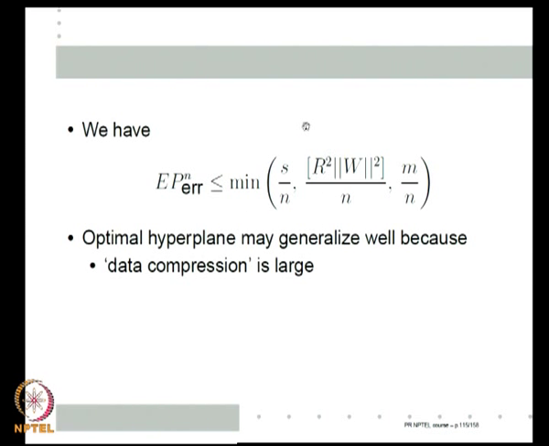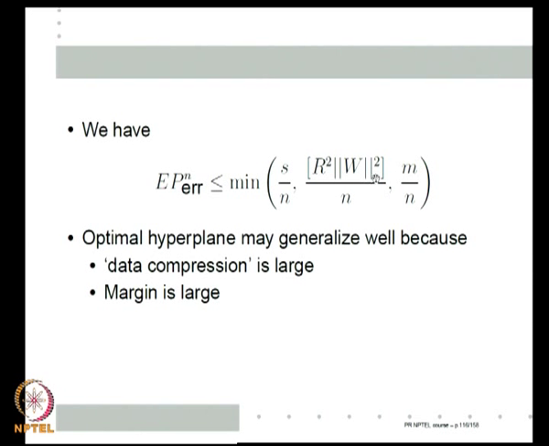As a matter of fact, this is very nice, because when I use a support vector machine, at the end I have some way of guessing how good the classifier I learned would be, not using a test set, simply by looking at the fraction of support vectors. If I got 20% of my data as support vectors, I do not know, I may have got a good classifier, may not have, because of course, this is only an upper bound. But if I finally landed up with only 1% of my examples being support vectors, then I have a very good confidence that I have learned a good classifier. So, one reason optimal hyperplane may generalize well, because we are not learning any hyperplane, we are learning the optimal hyperplane, that is when the support vectors come into play, is because data compression is large.